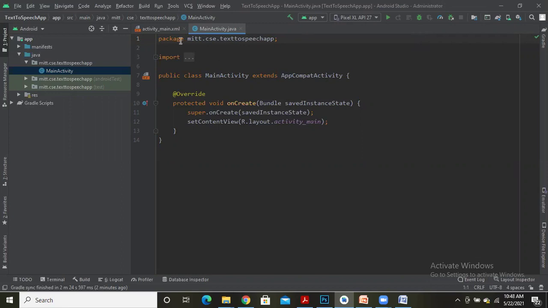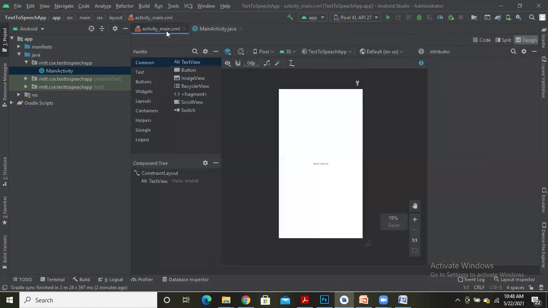So to design the text-to-speech application, let me first go to this activity_main.xml file. So design the user interface which contains an edit text field and one button. Then the code for executing the logic I'll be writing in MainActivity.java.